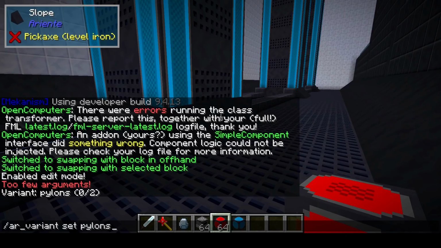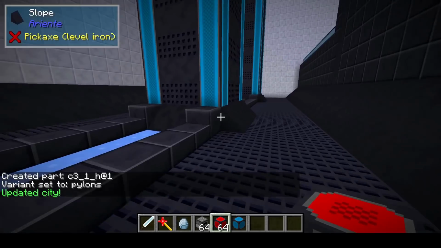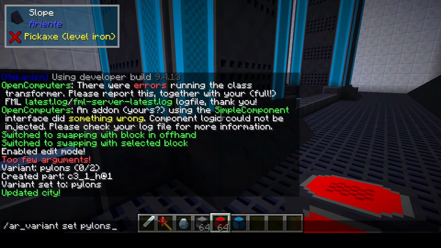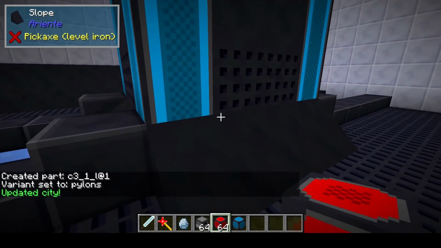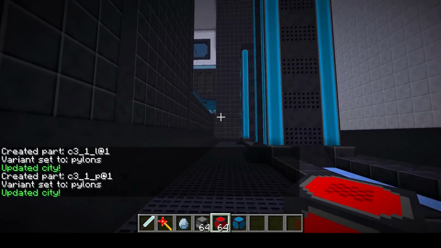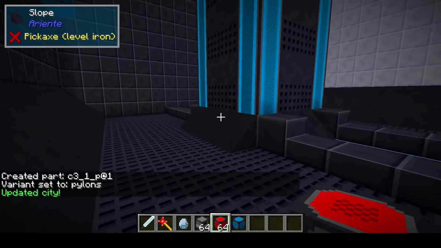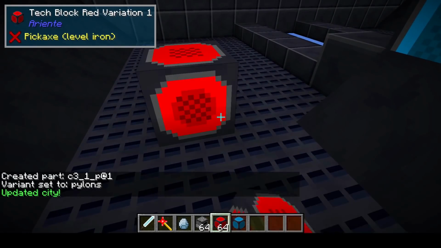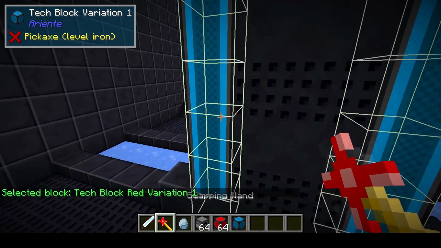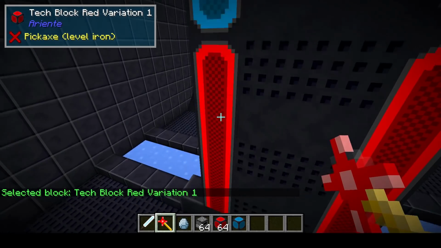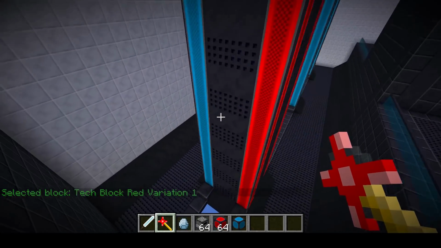So now I want to set this variation to this chunk, also to this chunk, and to this chunk. So these three chunks are now tied to that variation, and now I can start modifying them. Let's do it with the swapping wand. Of course you can do it however you want. Okay, like this,